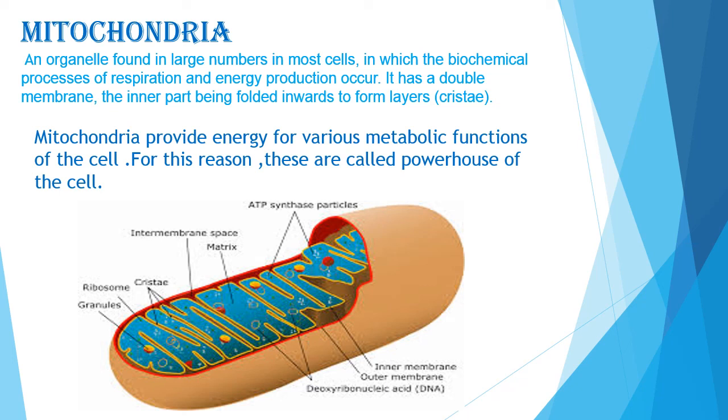The energy stored in ATP is used by the cell. ATP stands for the organic compound adenosine triphosphate. ATP is generally known as the energy currency of the cell. Mitochondria are able to make some of their own proteins, so they are sometimes regarded as semi-autonomous organelles.